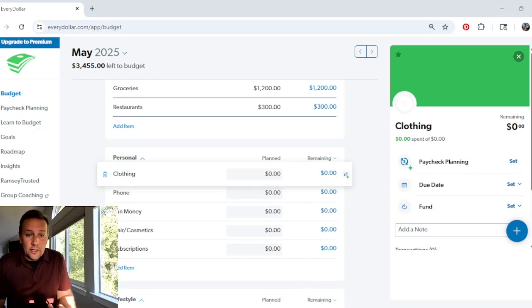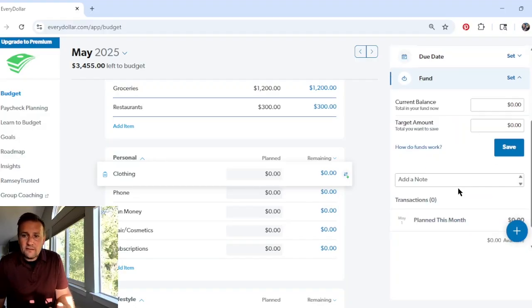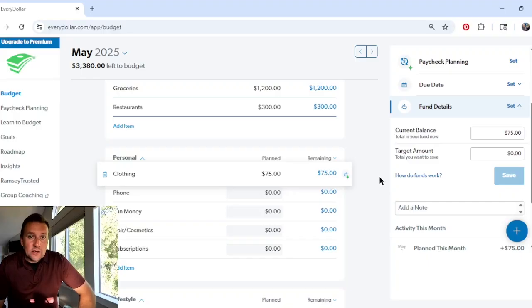Let's, all right. I am going to set it as a fund and then make this a fund. Okay, so this month we will have 75 in it. And then when we go to set up next month, then it will add my 75 plus 75. All right, phone bill,